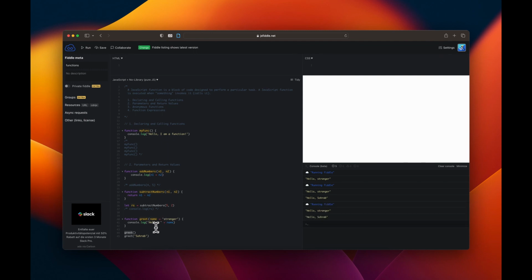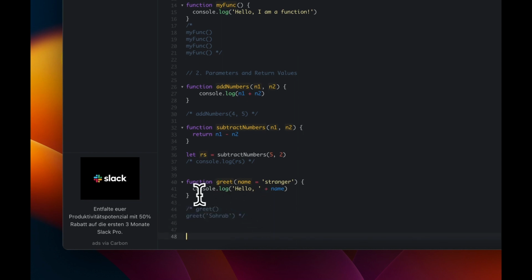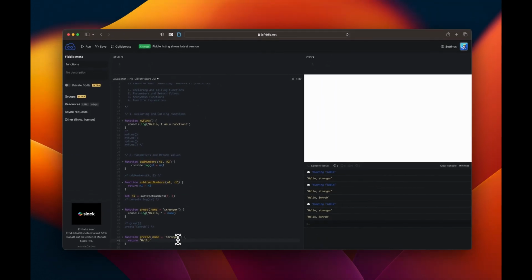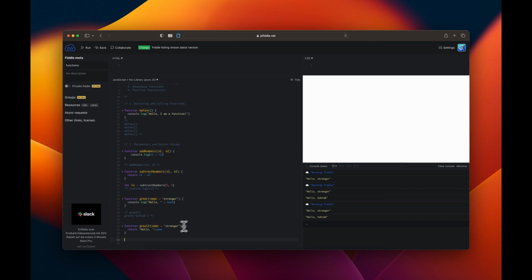What you could do, let's say I would change this function to, let me just comment this one and copy greet2. This time I return the value, right? Return hello plus name. And now what you could also do when you call the function greet2 without getting